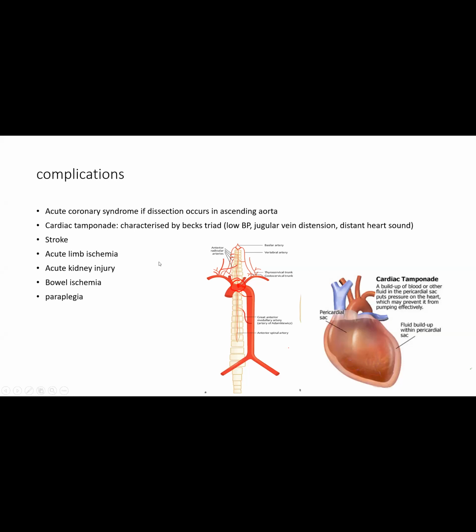The acute limb ischemia. If a dissection occurs in the limb region, like the subclavian arteries, if a left aortic dissection occurs, it's likely to cause ischemia of the left side of the arm. And also acute kidney injury is one of the complications, and this is when the dissection propagates and